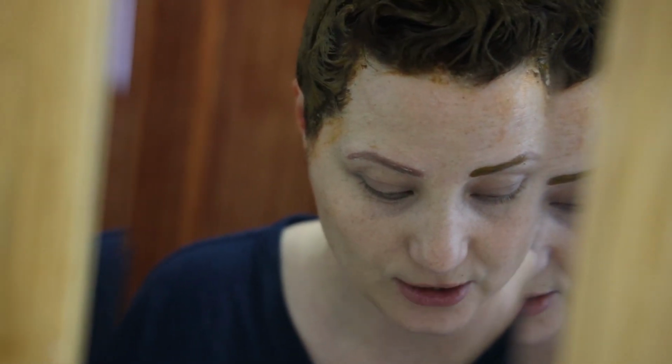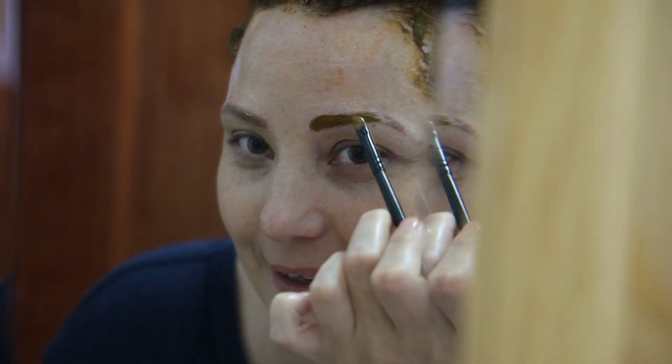I already applied some Vaseline around my eyebrows, and I have a spoolie as well. For some reason, I feel like I can't talk, I can't breathe when I apply this. And it's the same with the mascara. I'm like, and with the mouth open. I don't know. Am I the only one who, when applying mascara, I'm like, it doesn't help keeping the mouth open, but